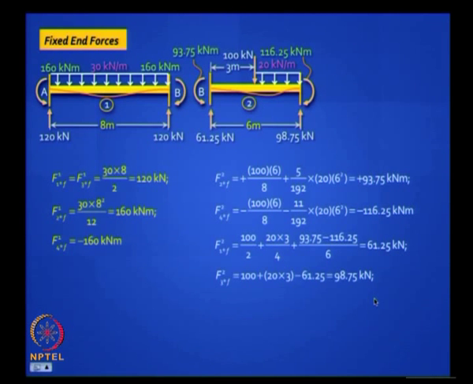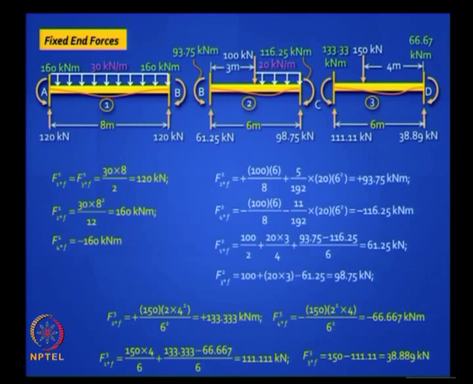It is worth doing a cross check, because if you make an error here, even if your stiffness matrices and transformation matrices are all perfect, your answers will be wrong. So be careful in this step, especially when you have complicated loading. Is it clear? Okay, so you have got the second one.